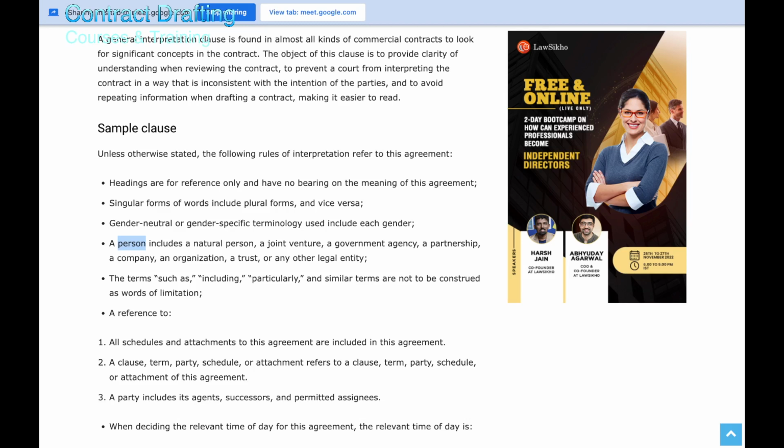Terms such as including, particularly, are not to be construed as words of limitation. These terms are usually used in definitions, so they should not limit the meaning of the sentence. That's the idea behind using this. Then there are additional ones like: